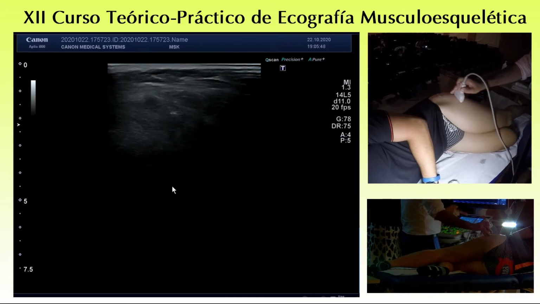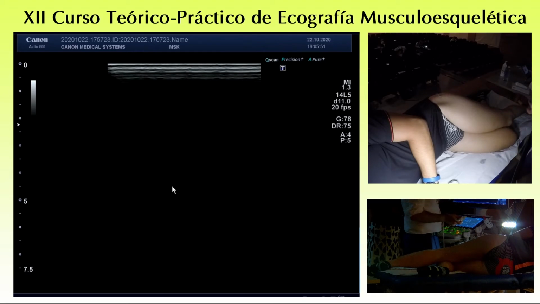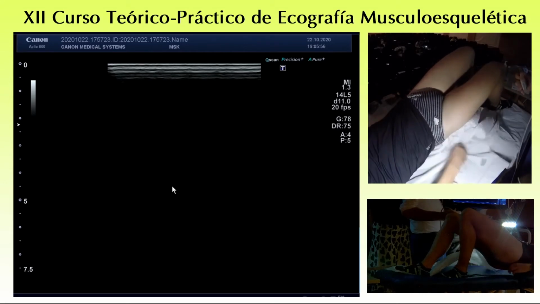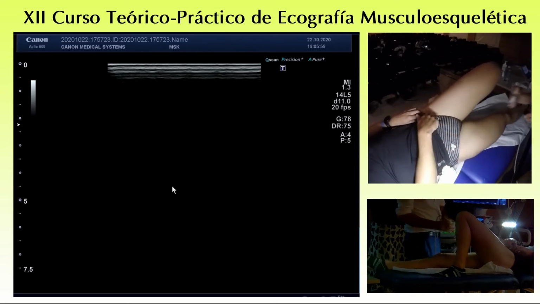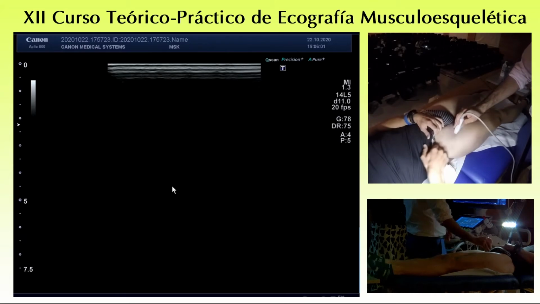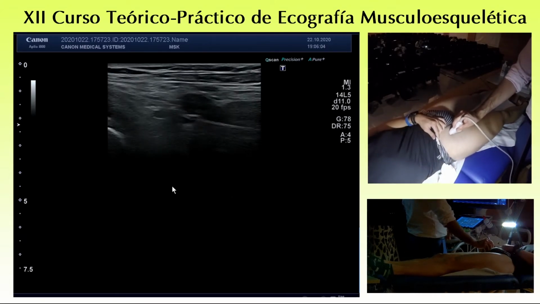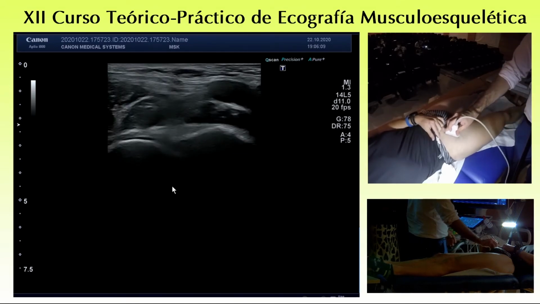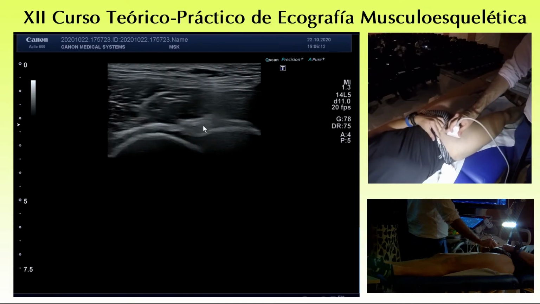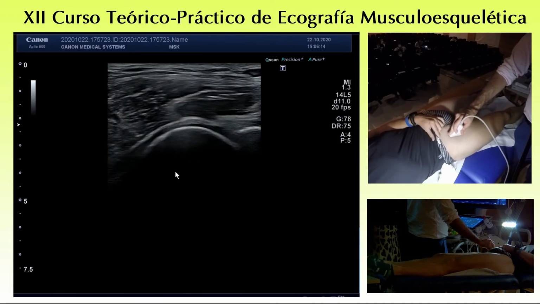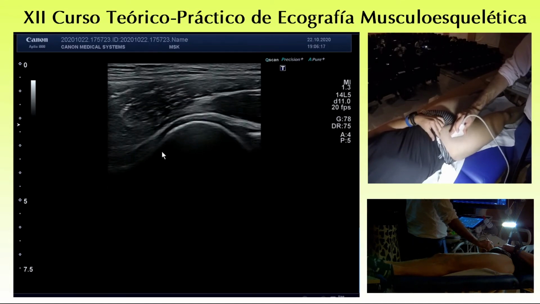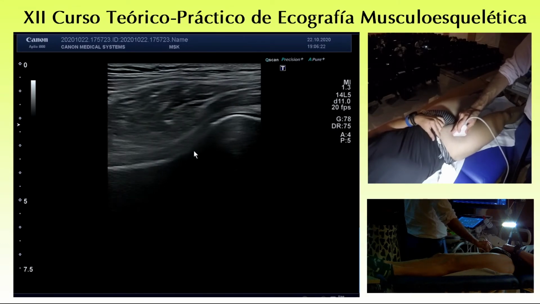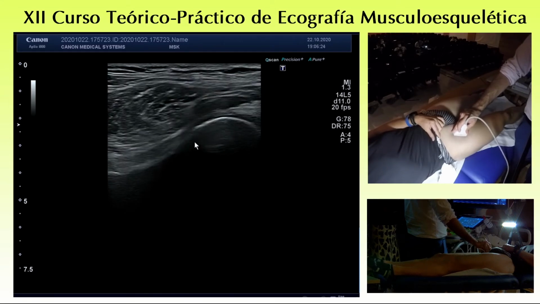Now the anterior recess. This is the joint line, we recognize that very well. And for the anterior recess, we just turn the probe like this, according to the shape of the femoral neck,